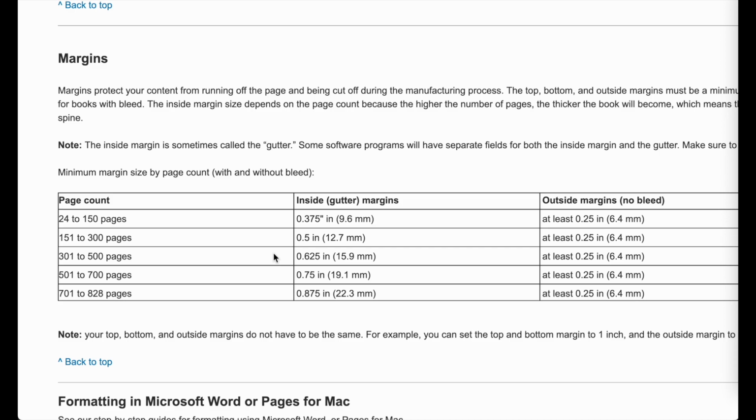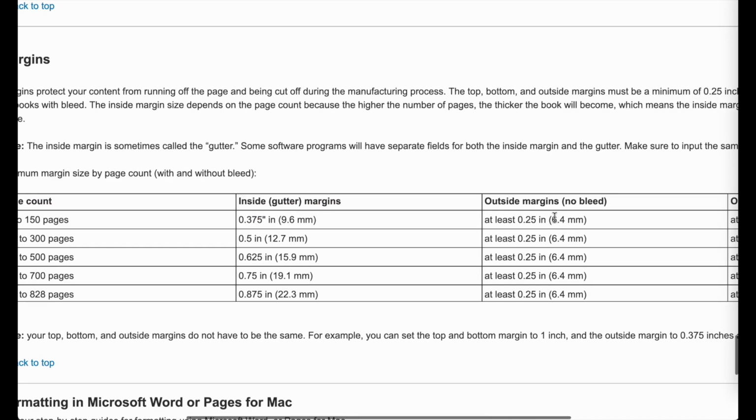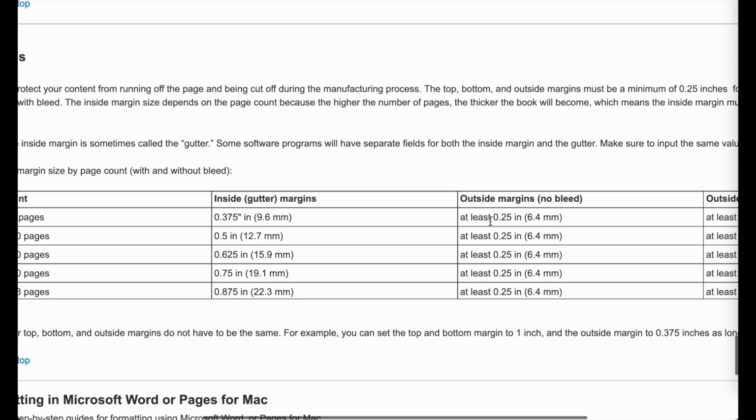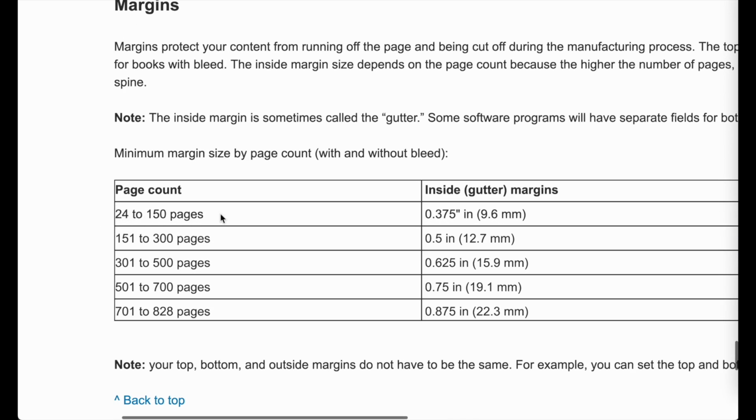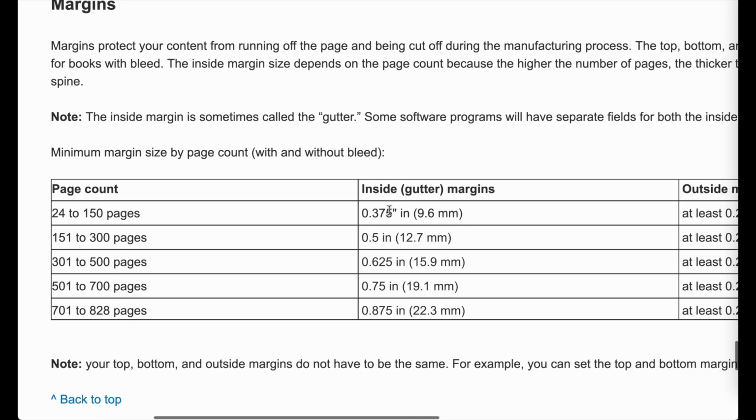So if our book now has 100 pages, then it would be in this category, which means the inside margins will need to be 0.375 inches. It's also called the gutter. And then the outside margins for no bleed would be at least 0.25 inches. So I will be making this book for 100 pages, which means I will choose for the inside gutter to be